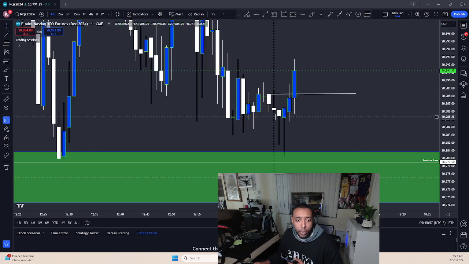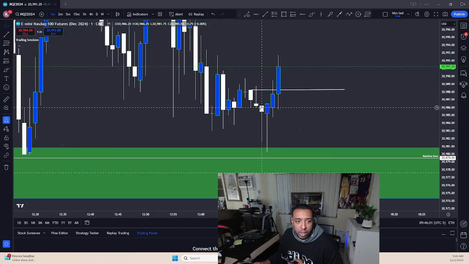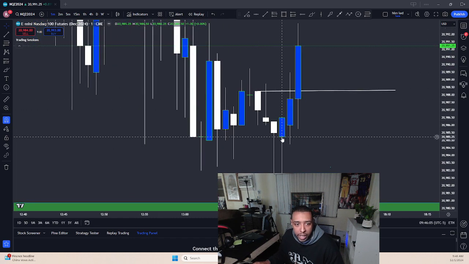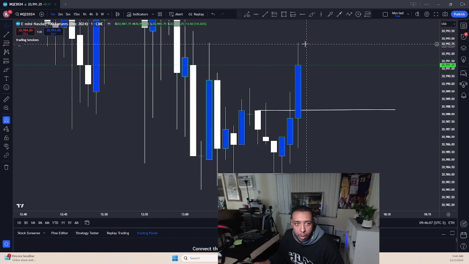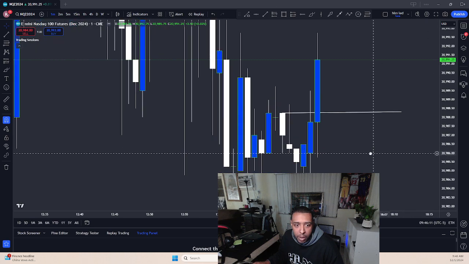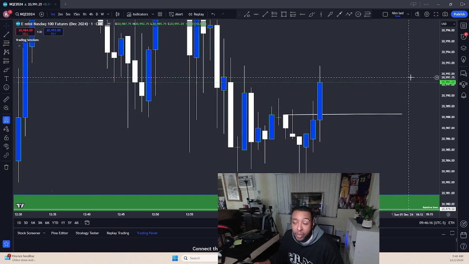So we got 3 down close candles, and we have an aggressive close above. You see? 1, 2, 3, and then we have 3 above. And you see how aggressive it is? But did it create a fair value gap? No, right? So you just want to be patient, right? But there are other ways that you can actually take the play without the fair value gap,